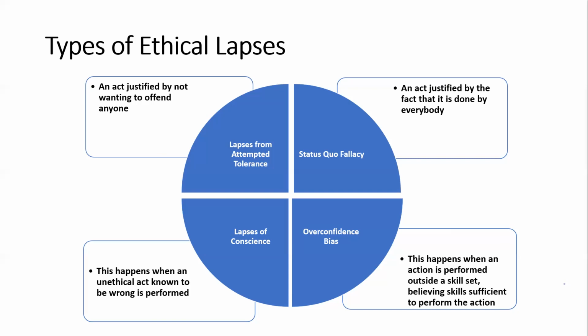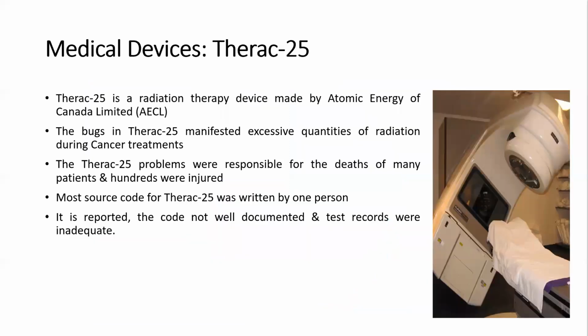This is a little bit harder to pin down from the software engineering perspective, because as software engineers, we do want to stretch our skill set. But still, if we're in a situation where people could be harmed and we're stretching our skill set, we should recognize that we might have some overconfidence and take some steps to alleviate the dangers of overconfidence. So, for example, I believe that the famous case of the Therac-25 is definitely a demonstration